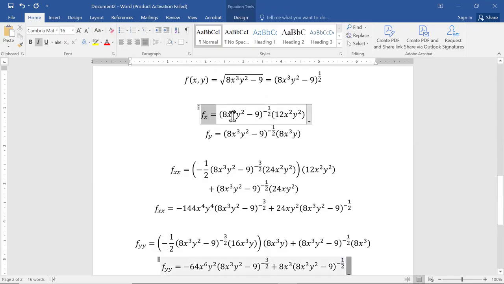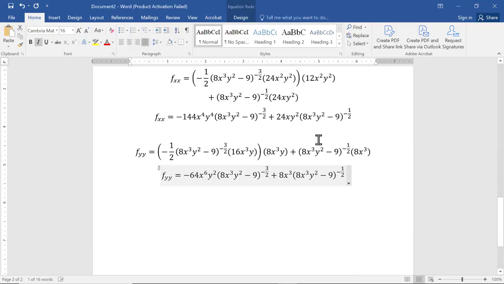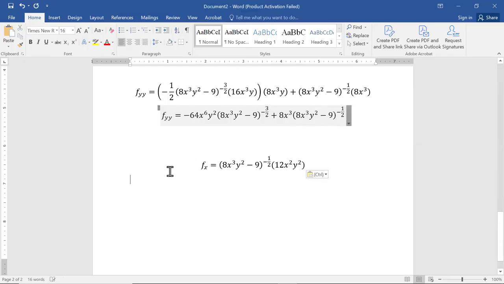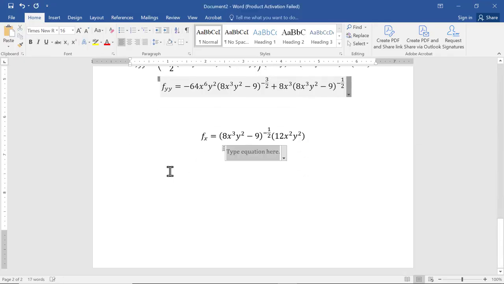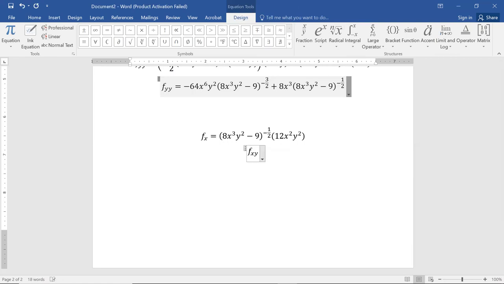The last thing to do is the mixed partials. It doesn't matter which one you do. I will take f sub x and I'll take a derivative with respect to y of that. So just to recopy that. So I'll go x then y. Again, there's y parts and there's y in both pieces. So just like always, we're going to have to take the derivative of the first part times the normal second part